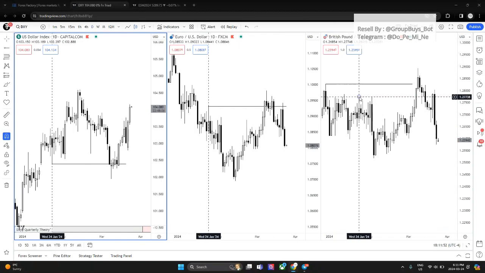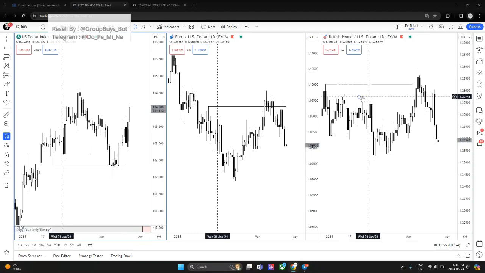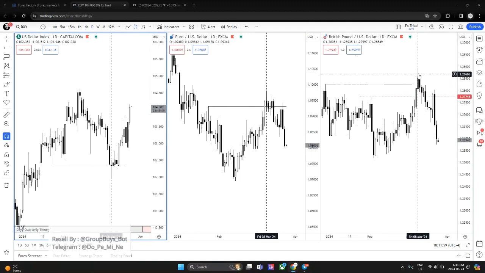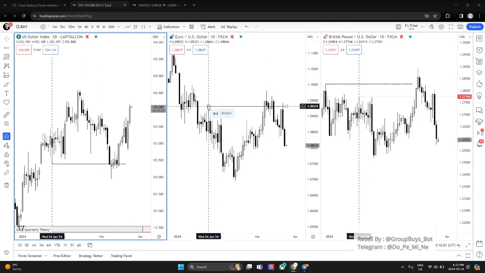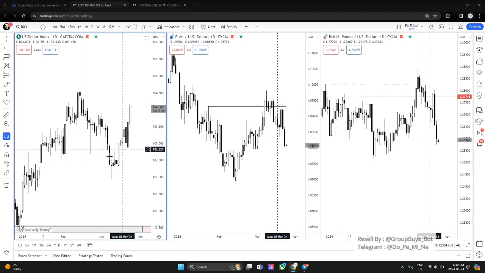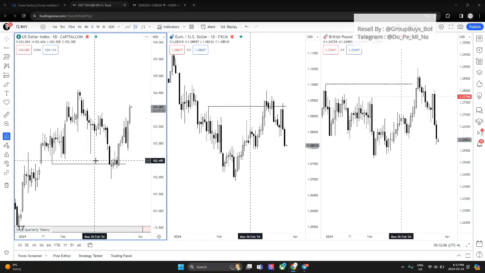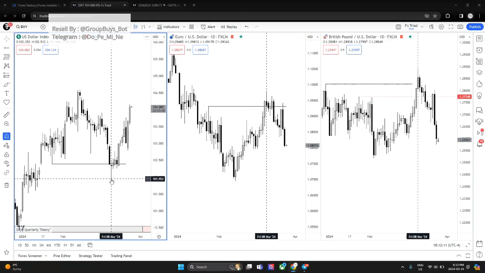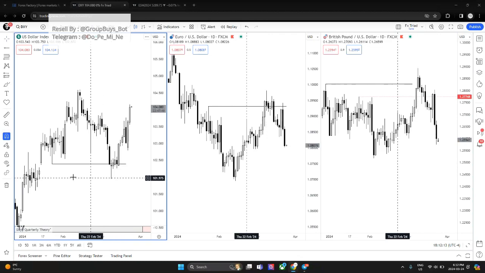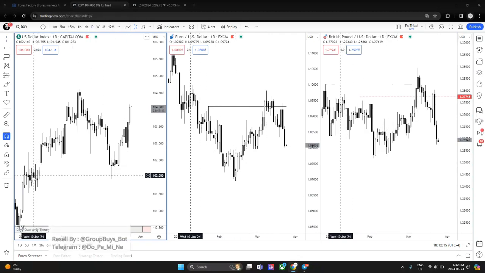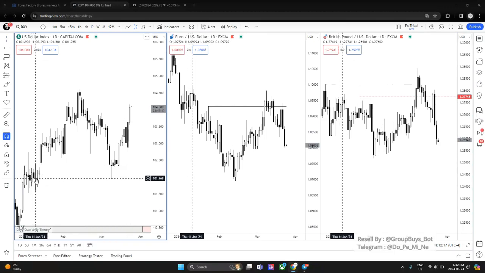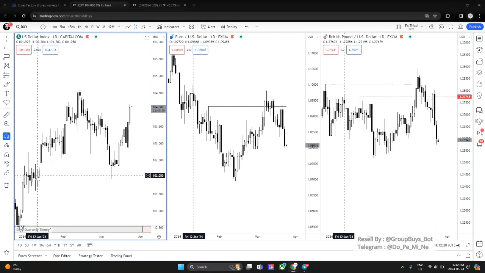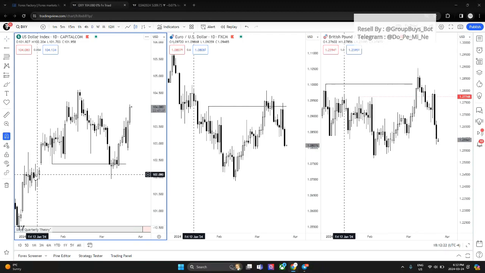These highs right here were ran through on the pound, they were ran through on euro, and we fell below these lows in regards to the dollar index. So actually the precision swing point formed here where there was a previous new week opening gap, right? You guys can go back in your charts and look for this, or just use the indicator that I told you guys about,